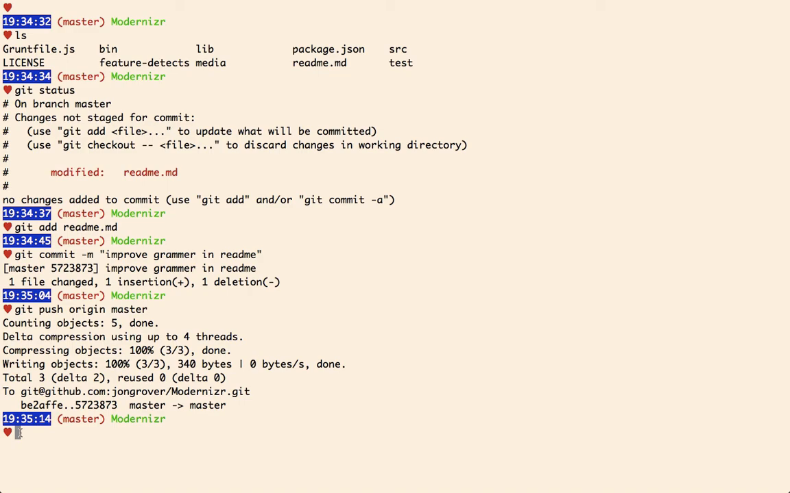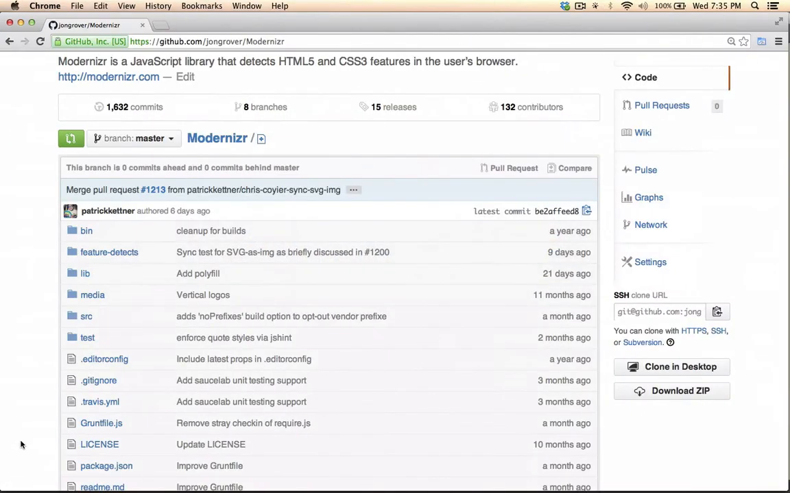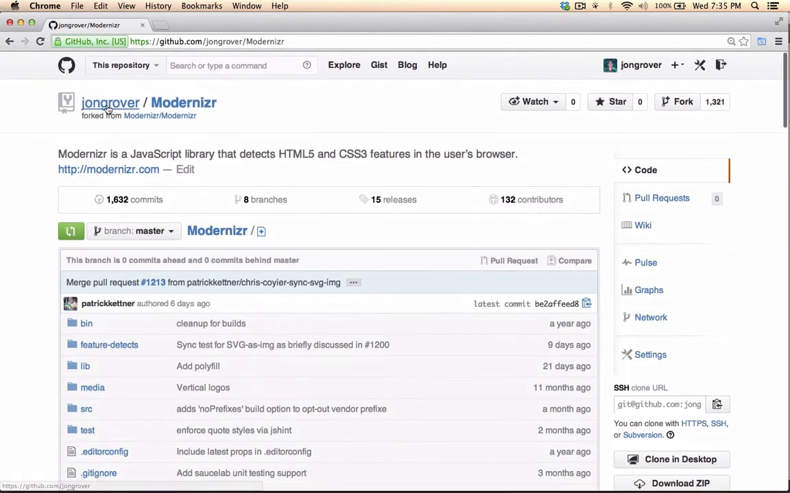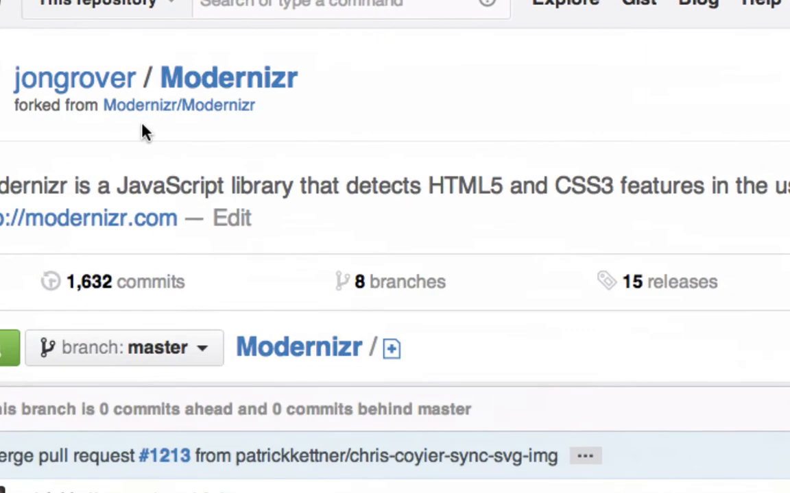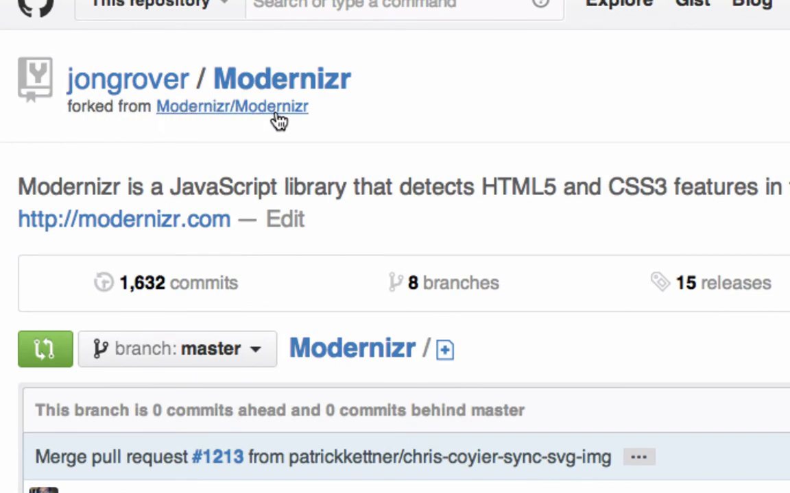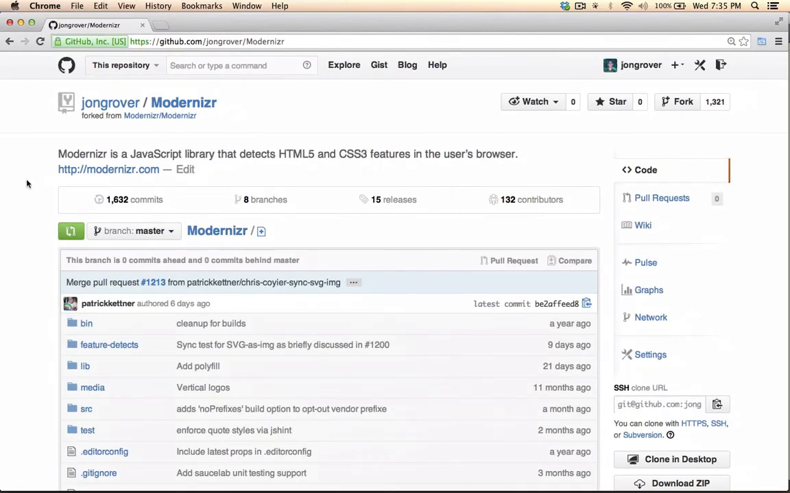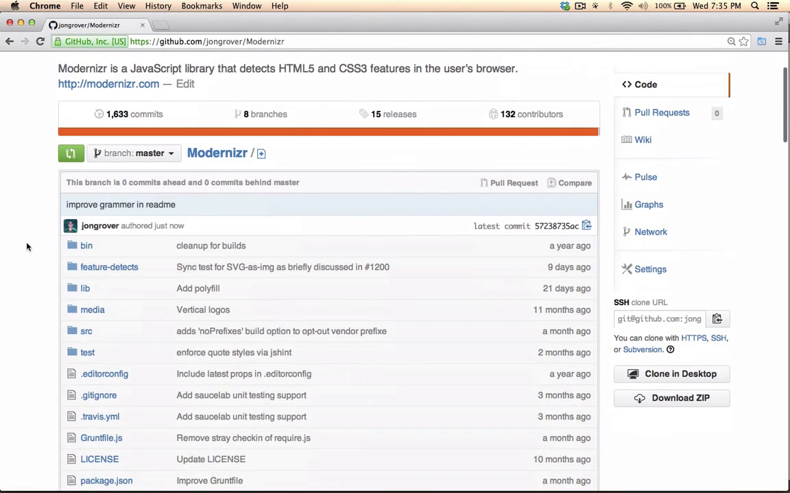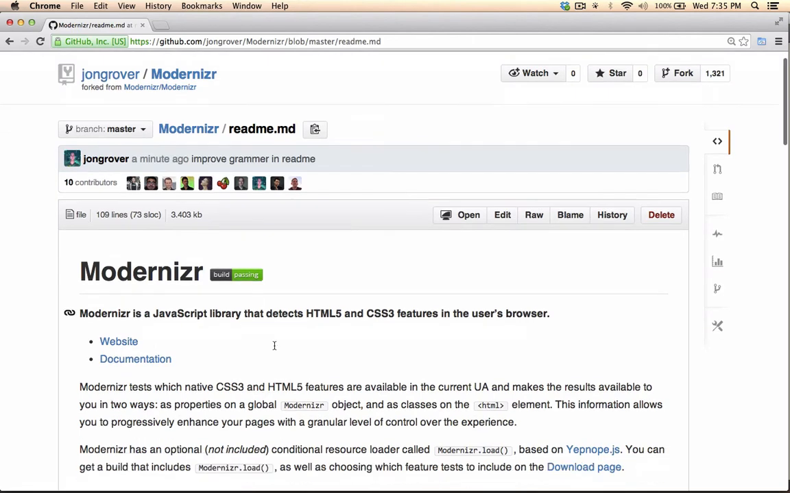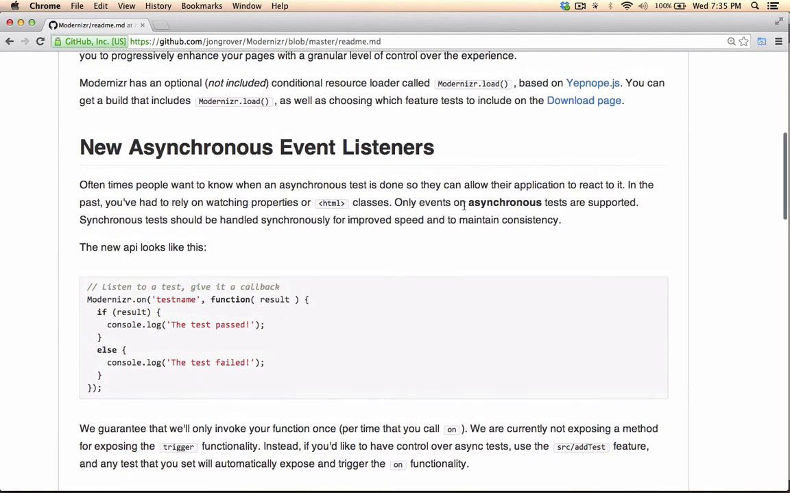Okay, excellent. So now we can jump back over to our GitHub, and we're here at my local GitHub profile at my Modernizr repository that I've forked from the original. Here you can see it actually says that it's been forked from the original Modernizr. All right, and if I refresh the page, I should see that change, right? If I go down here to the README file, we should be able to see the